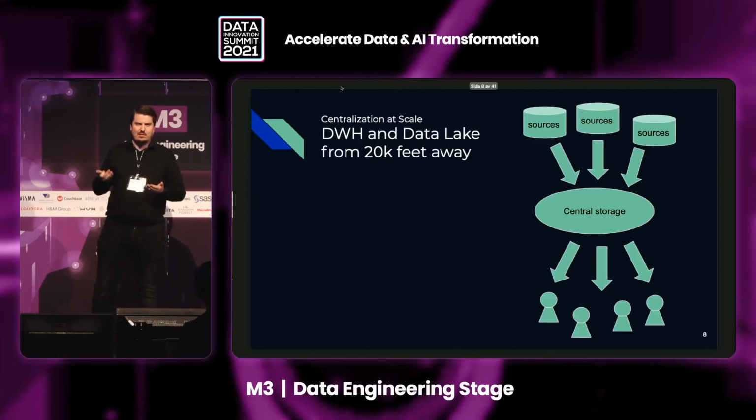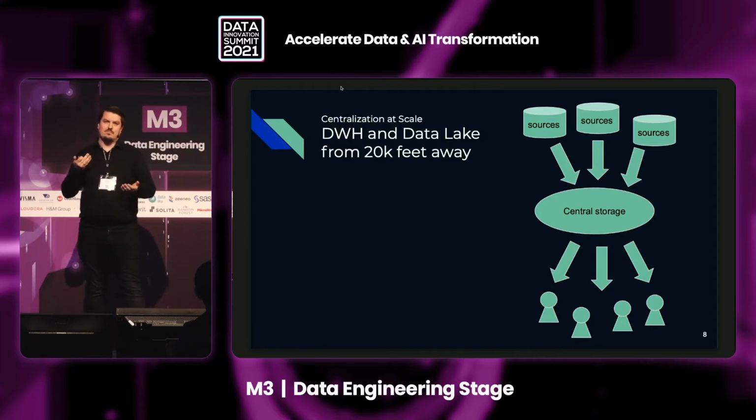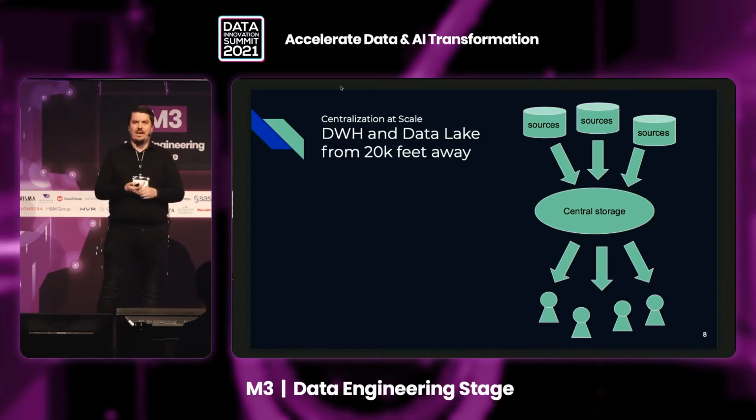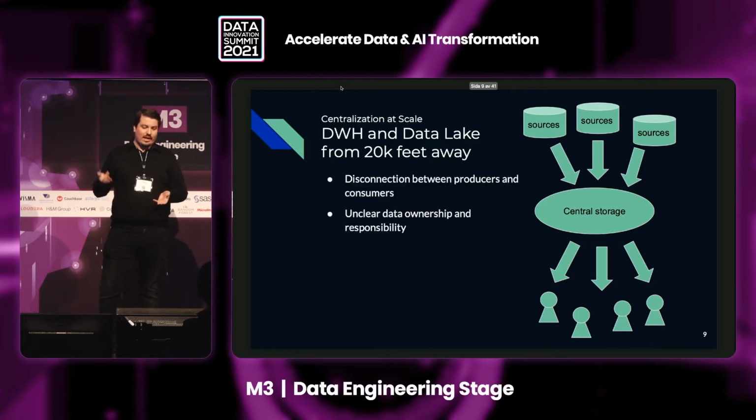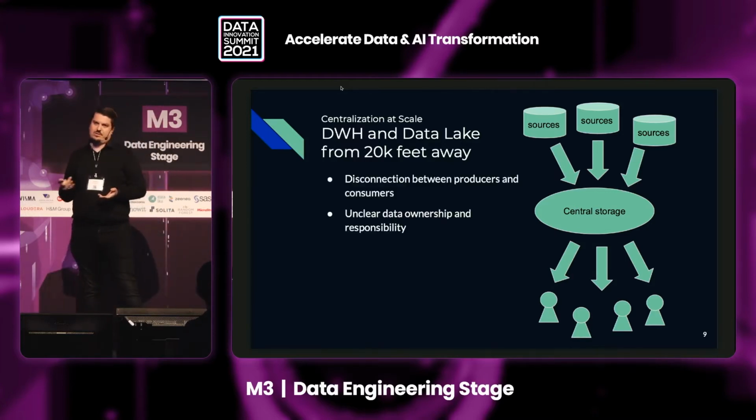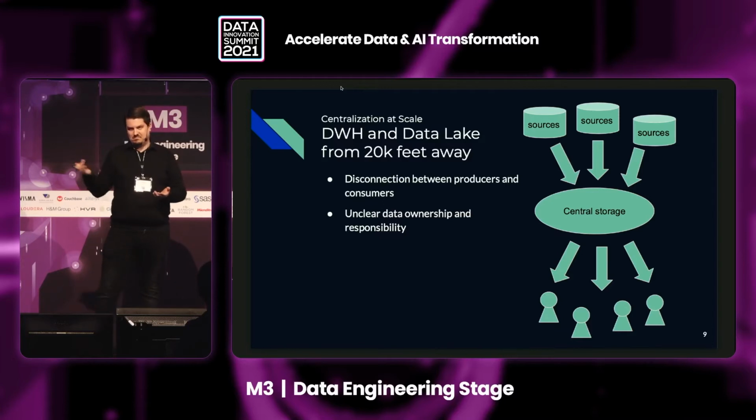Now, interestingly, looking at this from quite a far distance away, those two approaches are actually not that different, because to some extent, there is certain data that resides in some sources that you get into a central storage system, and then you have a lot of consumers that access the data from there. And this leads to a couple of major deficits that have been discovered over, I would say, the last 2 years, and have been actively discussed as part of the data mesh paradigm.